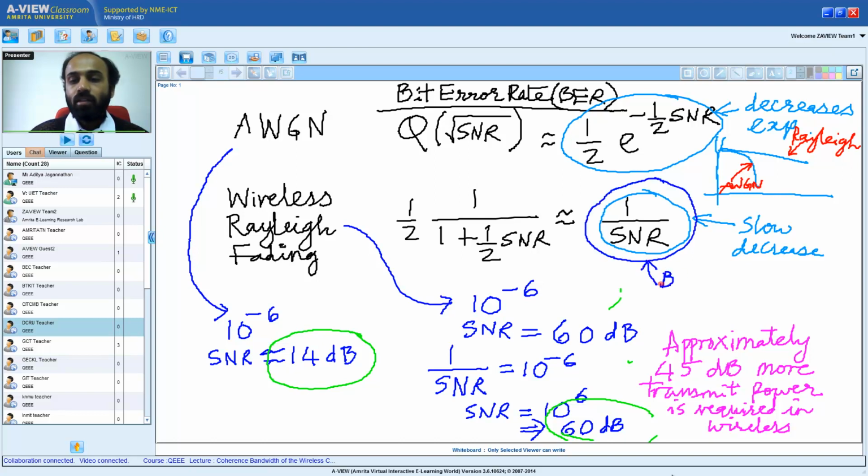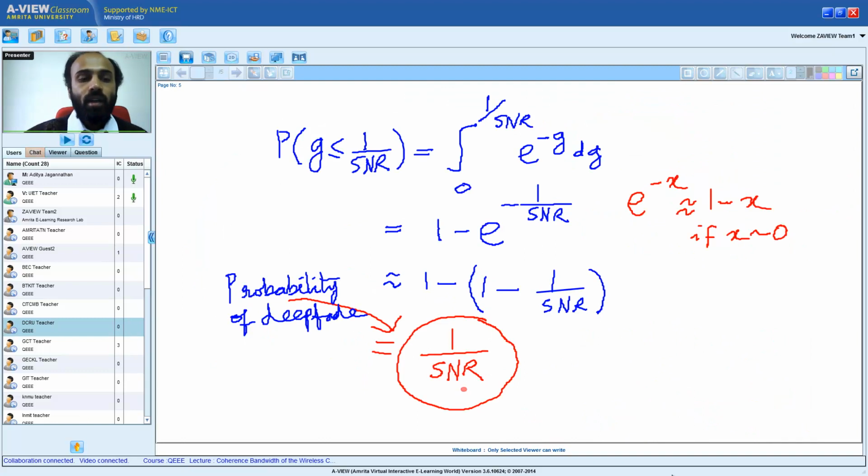1 over SNR, this is the DER. Right. So what we are seeing is something very interesting. What we are seeing is in the wireless communication channel, the bit error rate is basically equal to the probability of deep fade. That is, in a wireless channel,